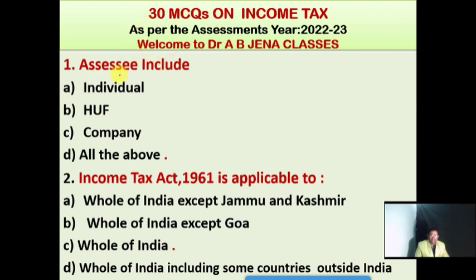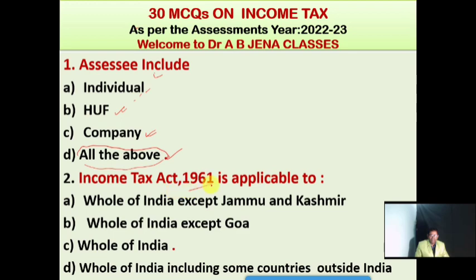Assessee includes whom? Individual, HUF, company, or all the above. So the right option will be: assessee includes individual, also HUF, also company, and the right option is D, all the above. Okay, so second MCQ is